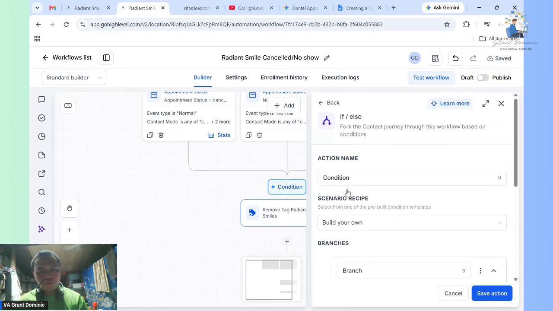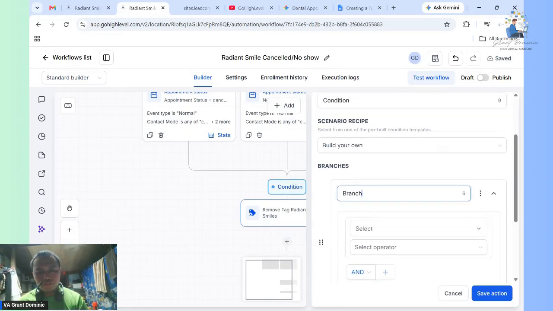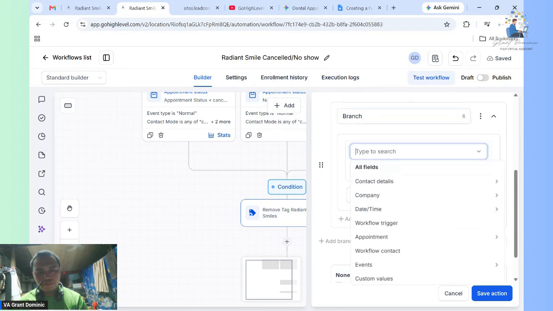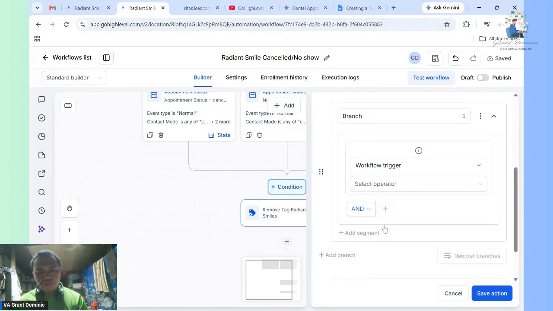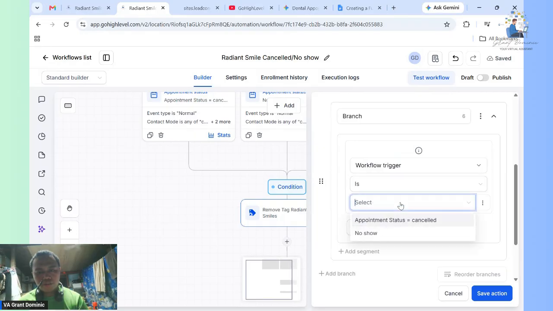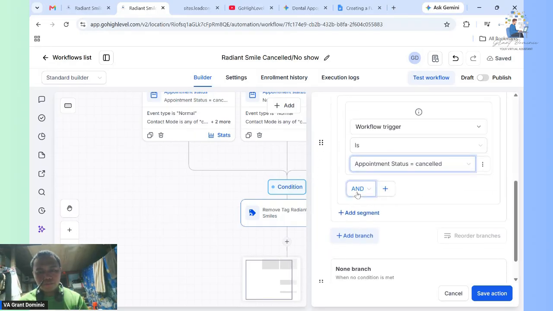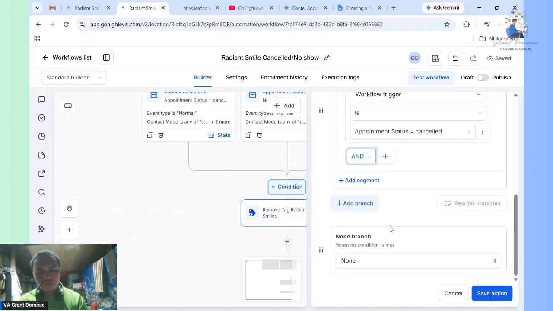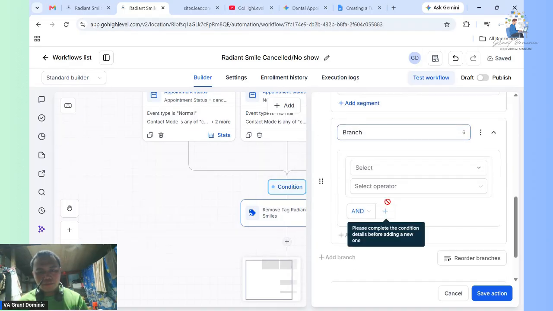If else branch. If the workflow trigger is cancelled. Add branch.